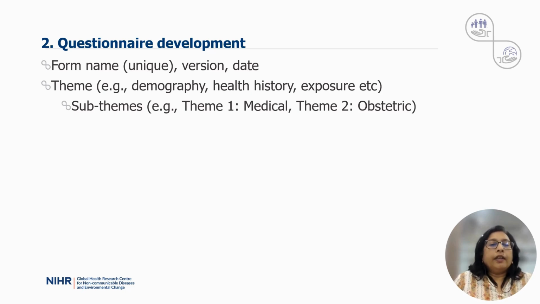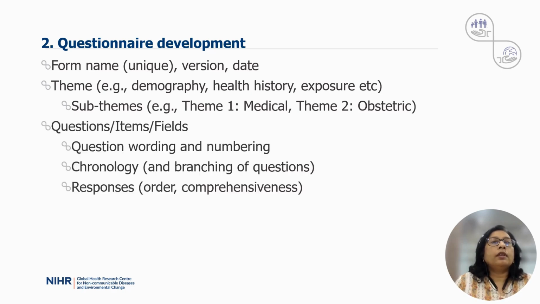Then you start expanding into sub-themes. So within health history, for example, I want to have both medical history and obstetric history. Maybe it is past medical history, past obstetric history, and current health history. You could have several sub-themes against one theme. Once you have a fair idea that you have comprehensively covered everything as themes and sub-themes within a form, then